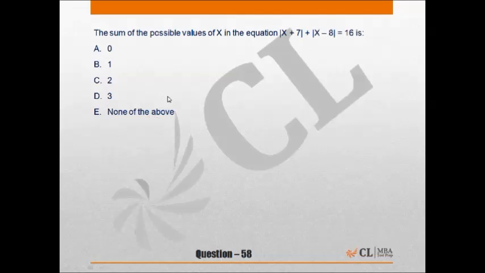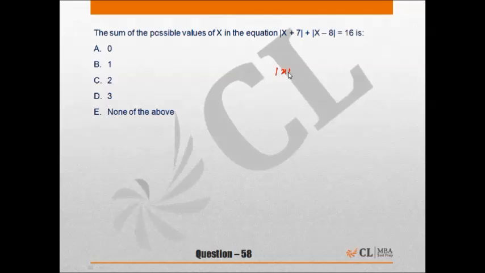In this problem it is given that mod of x plus 7 plus mod of x minus 8 is equal to 16, and we have to find the sum of all possible values of x. So first of all we have to find the different regions in which we have to find the value of x,